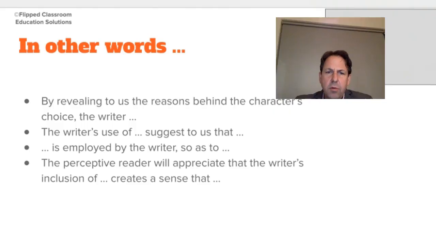But we'll see, by revealing to us the reasons behind the character's choice, the writer... So here we go. The writer's use of foreshadowing suggests to us that disaster is going to happen. Imagery is employed by the writer so as to give us a clear sense of the setting, or something like that. The perceptive reader, I like that little phrase, the perceptive reader will appreciate that the writer's inclusion of conflict